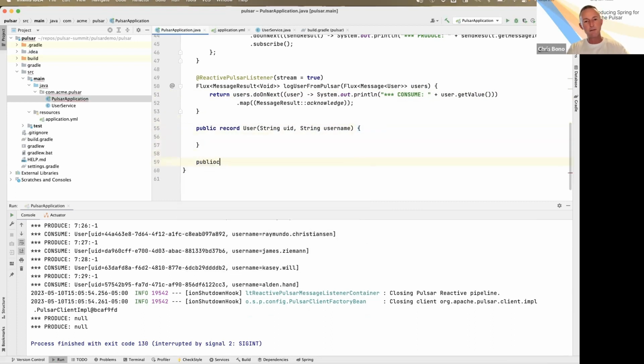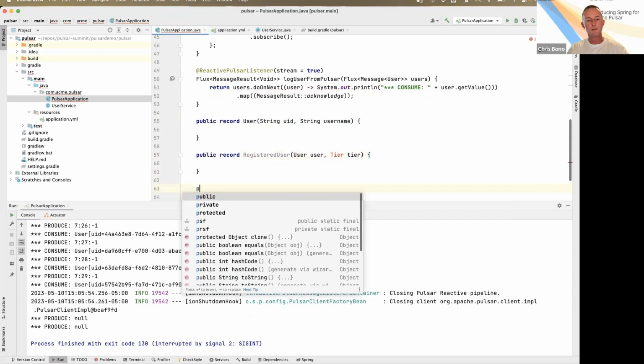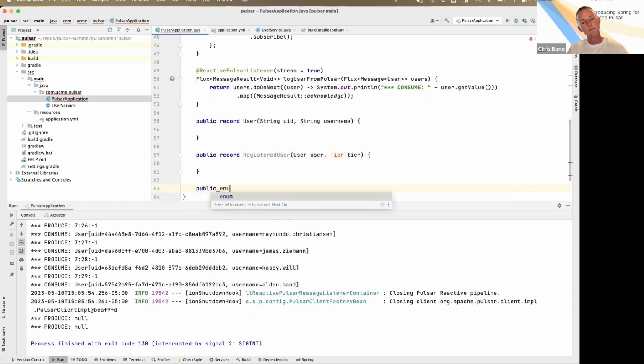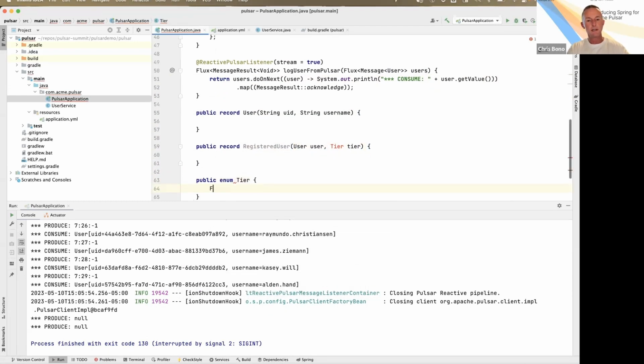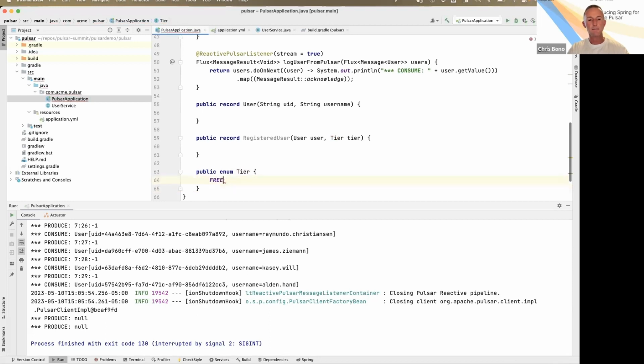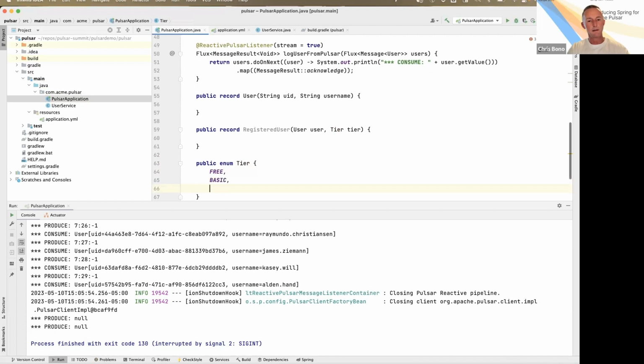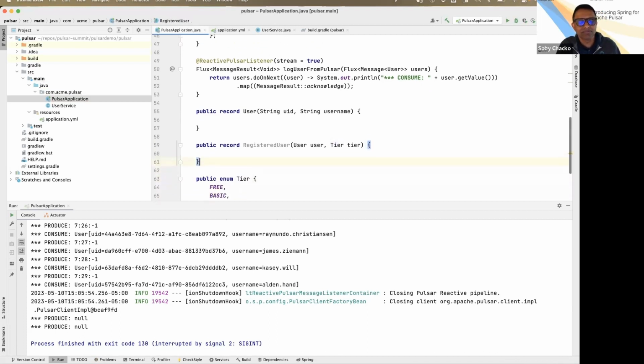Let's say we have this concept of a registered user. That is a user with a tier, okay? And then a tier, we'll define a tier as public enum Tier. Let's do free, no money, a little money, all the money. Okay. And now what we want to do is